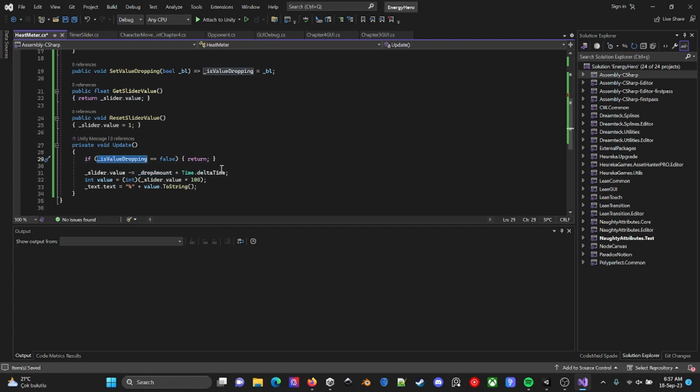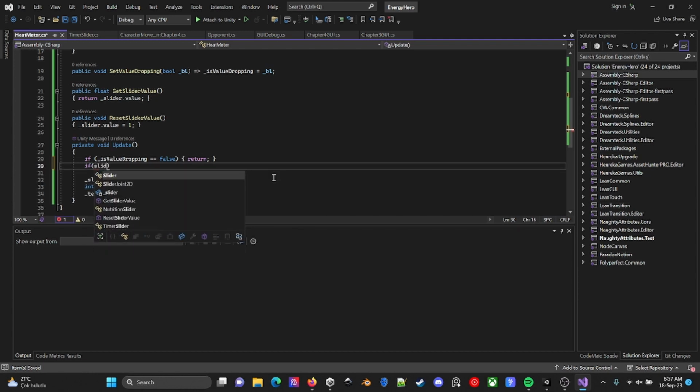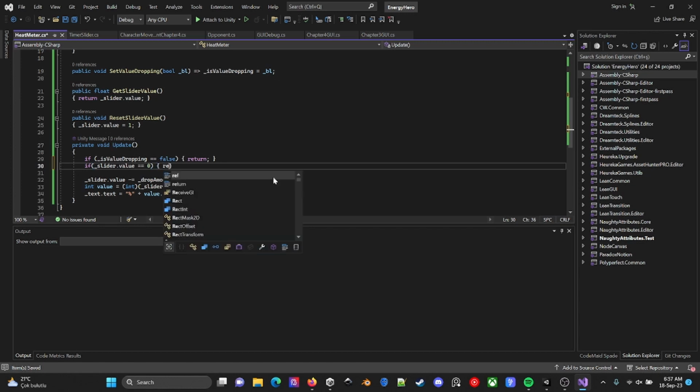If the value dropping is false, return. If slider value equals 0, just return. I do not want any value to drop.